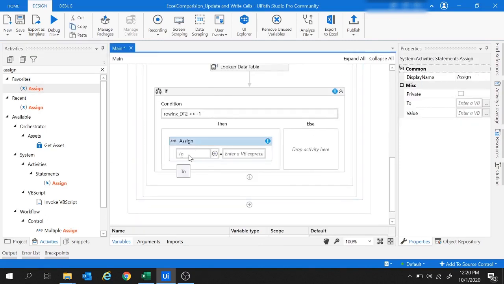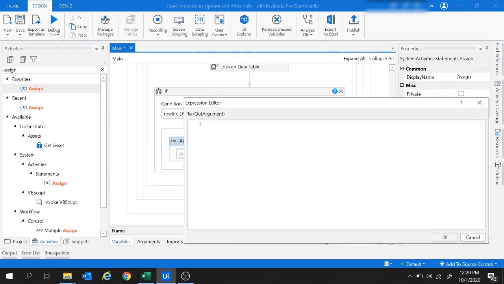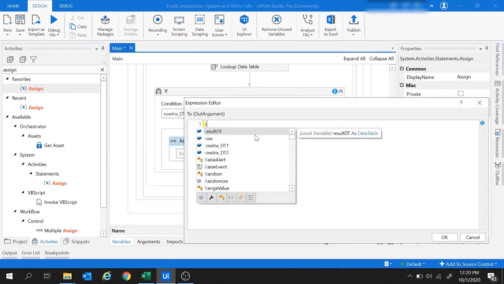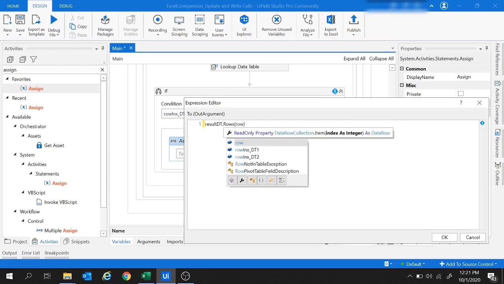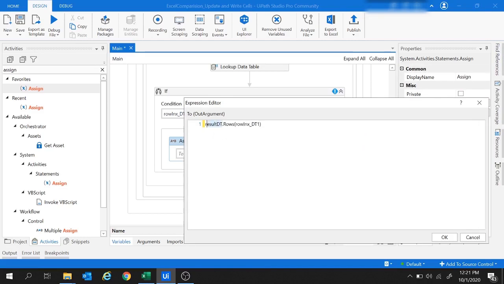So where we would like to write a value, let me show you. We would like to write inside the result data table with the row as the row index which we created. Let me hit control space to get the variable name. So we'll take this row index DT1. Since the result data table and the DT1 data table contain the same data, we can use the row index from DT1 here.